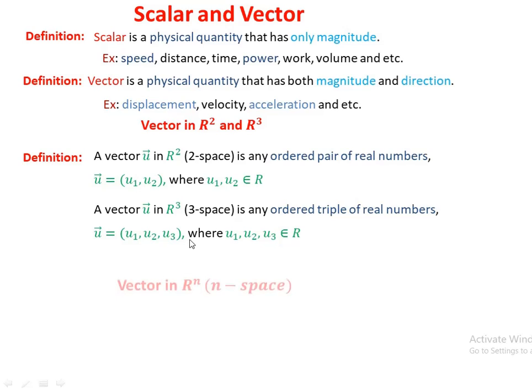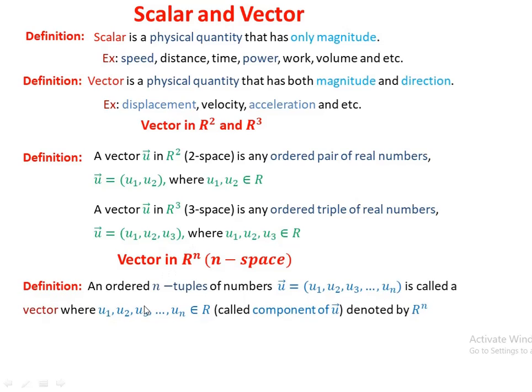vector in Rn ምን ማለት ነው? አሁን R2 እና R3 ደርሰናል። next in Rn ወይም in n space ማለት ምን ማለት ነው? An ordered n tuples of numbers of vectors U is equal to U1, U2, U3, ..., Un is called a vector where U1, U2, U3, ..., Un are real numbers and they are called components of the vector U, and we can denote as Rn ወይም Rn አለ። ለምን Rn አለ? እዚህ ጋር ተፕሎቹ ወይም እዚህ ኮምፖነንቶቹ n ኮምፖነንት ስላለው ዘን ቬክተር in Rn ነው እንላለን።